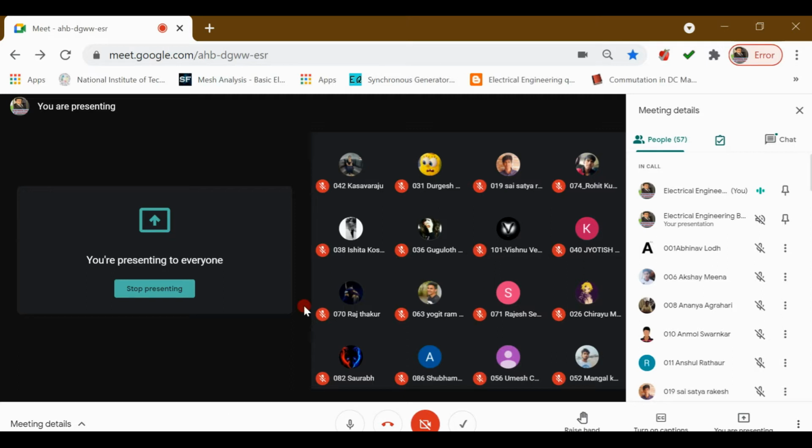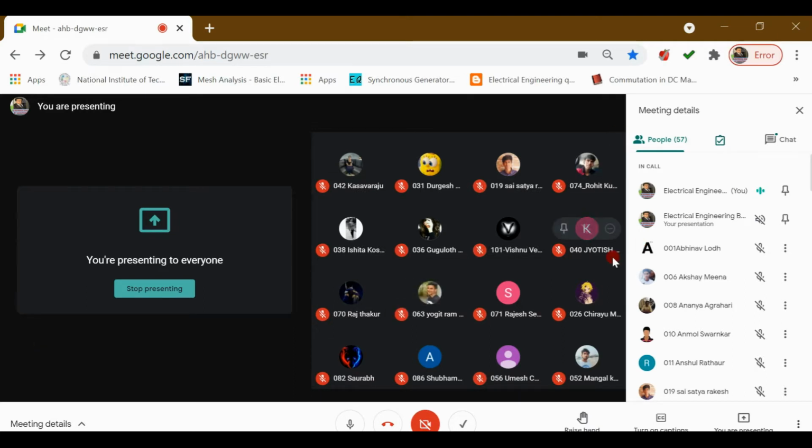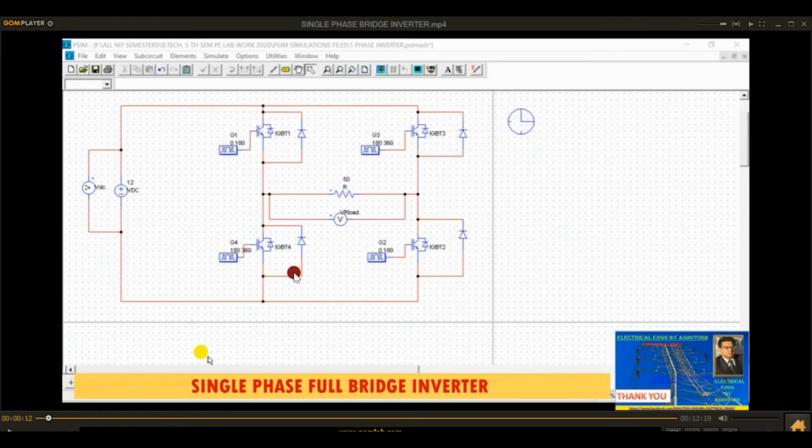So this was the theory: DC power will be converted into AC power, and these are the components required. This is called a full bridge inverter or H bridge inverter, and these are 4 diodes. These are called freewheeling diodes or feedback diodes. These diodes are required when an inductive load is connected here. In case of purely resistive load, the diodes are not needed.